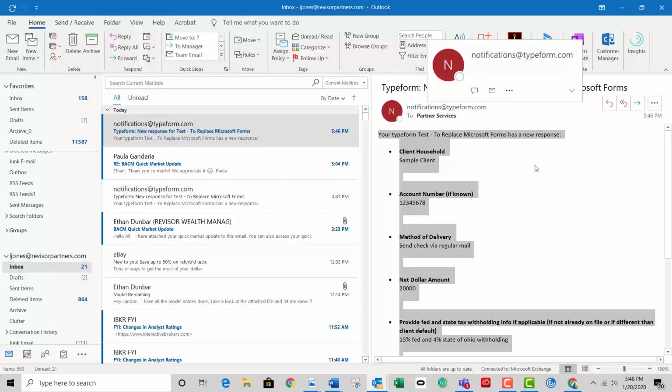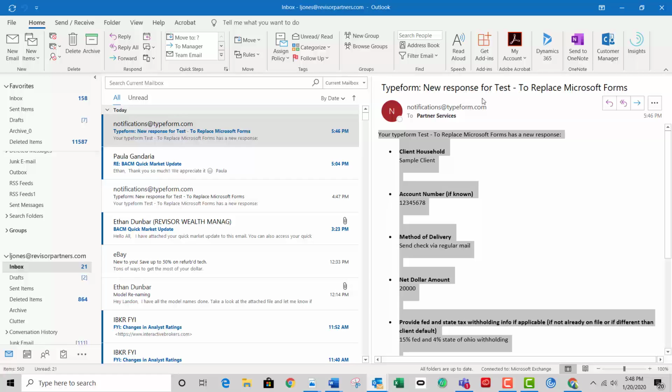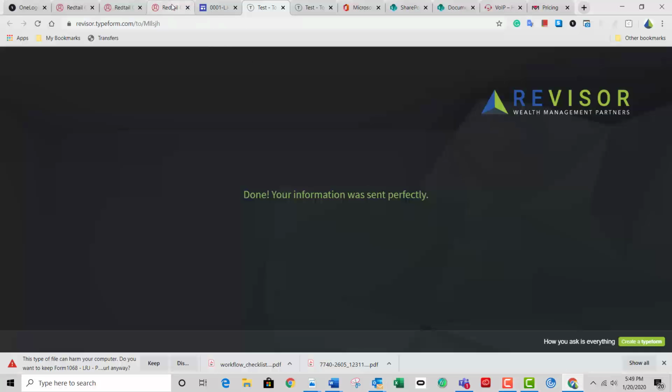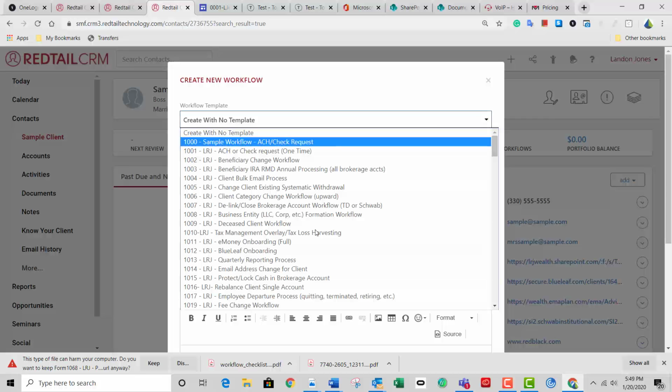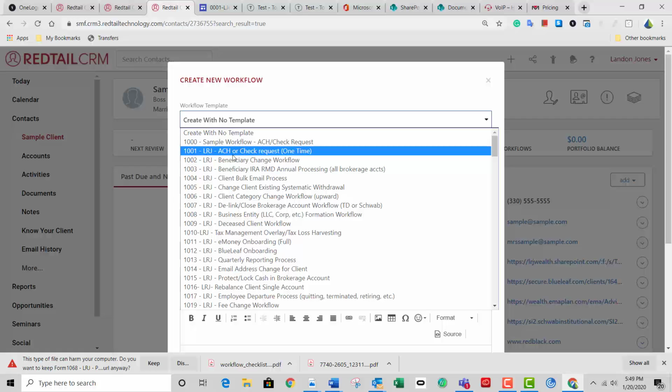Actually, for this test, I could have made this a little bit better. This is a test form that I used. But normally, what would be seen right here is form number 1001. Okay, that's what you would typically see. So the form number 1001 corresponds to workflow number 1001. Very, very simple process. When we submit the form that has all the data to do this particular workflow, which is ACH check request one time,